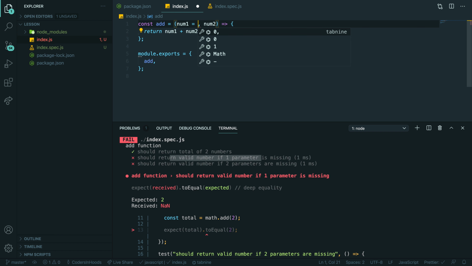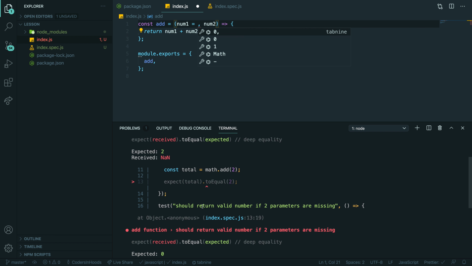Equals to what? Any value, no? Because you just need a number there. So here again in your tests you can see what we expect. If we pass in only 1, then we want to get the same number. So let's go from top to bottom.